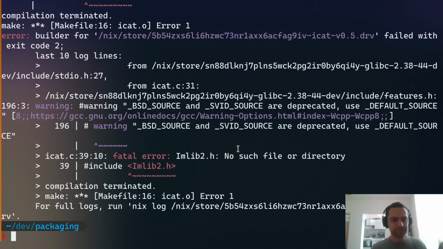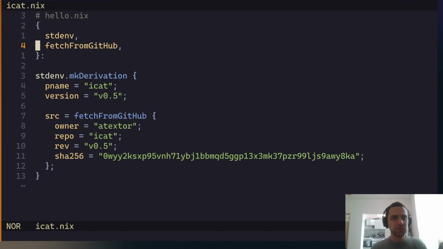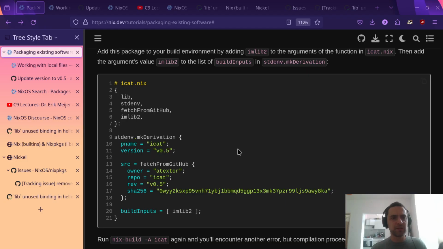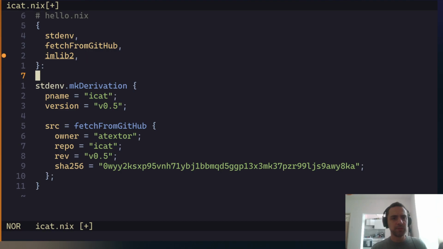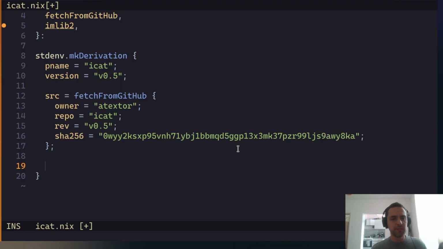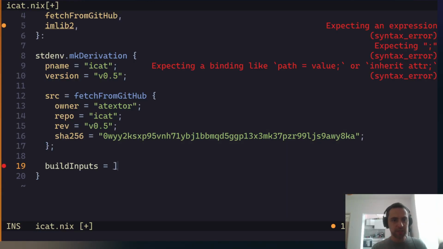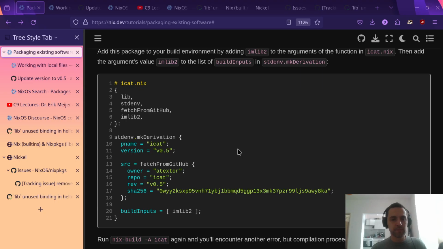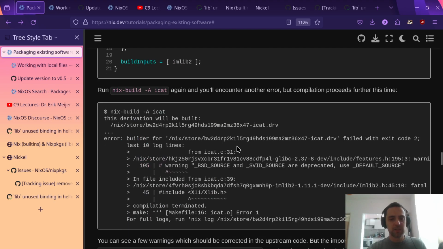So we need to write here imlib2, right? Standard environment, imlib2, and we need build inputs. So it's showing it's not building imlib2, right? So that's okay. So run nix build -A icat again, and you'll encounter another error, but compilation